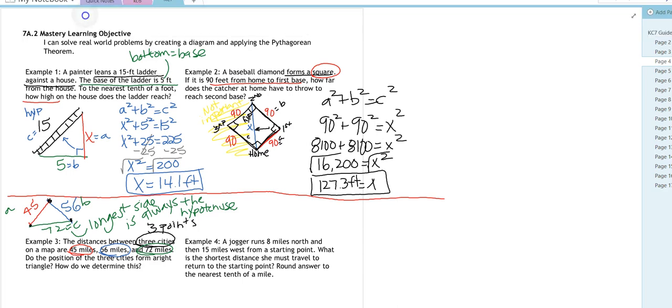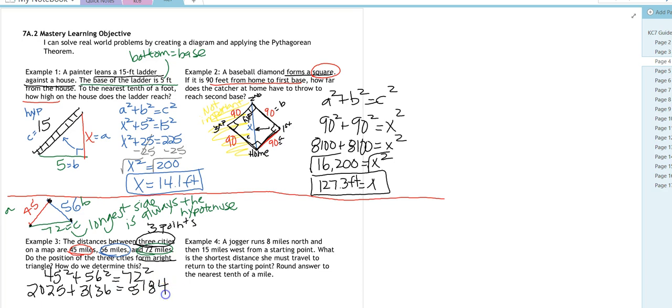So when we go ahead and substitute this in, we're going to say that our A squared is 45 plus 56 squared equaling 72 squared. So again, it's asking us if it is a right triangle. We're assuming it is, and if it is, then the left side should equal the right side, right? Because I'm not missing any variables here. So we're just going to simplify individually. So 45 squared is 2,025, and 56 squared is 3,136, and 72 squared is